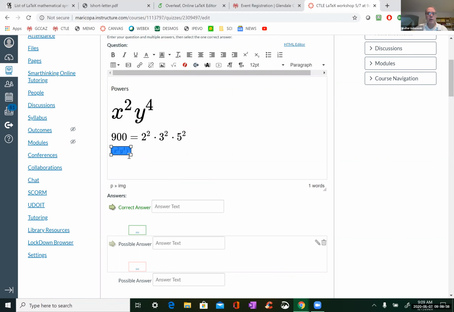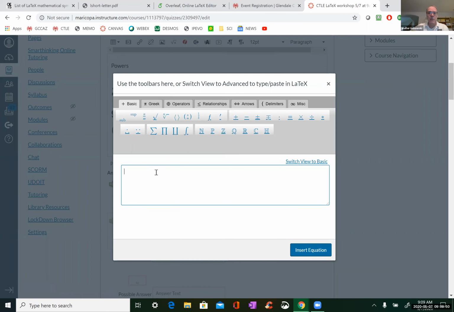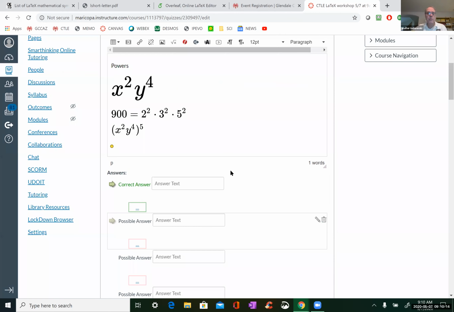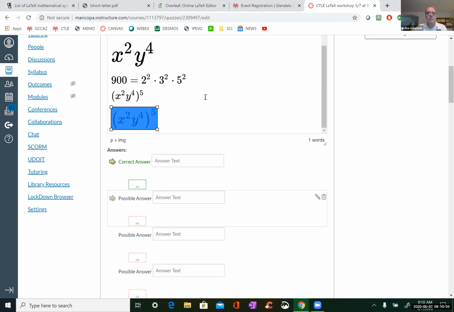Let's blow that up a little bit. Okay, and that doesn't look too bad. But sometimes if you want to be a little fancier, we'll see if there's any difference in this case. What you can do to get an adjustment is make that parentheses dynamically adjustable. LaTeX will figure out what's inside and what the proper size of the parentheses will be. So if you do left and right like that, and then put a fifth power, it looks like it's pretty much the same in this case.